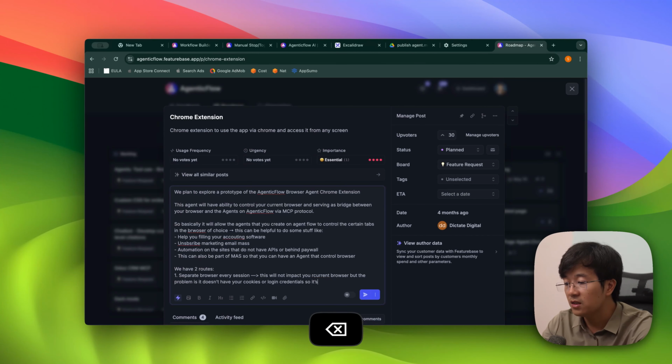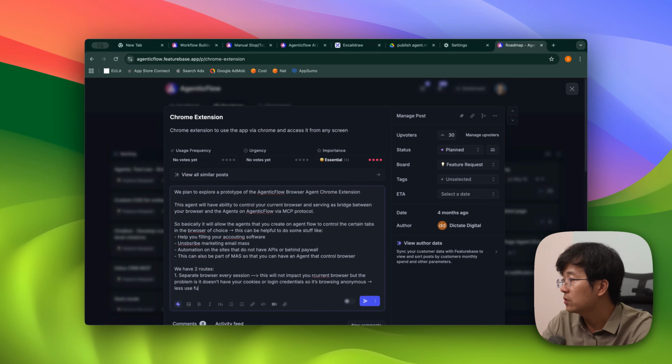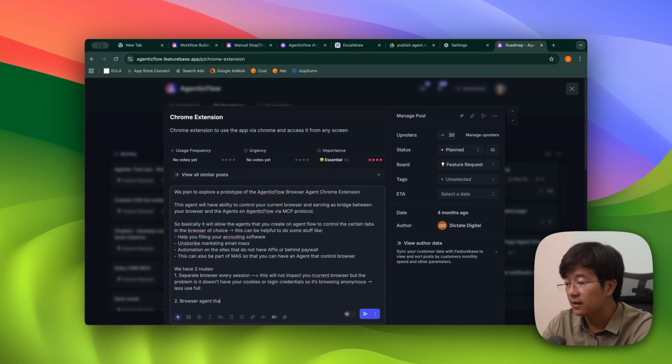So it is browsing anonymously. So less useful from my perspective, actually. The second option, which is what we are talking about, is a browser agent that attaches to an